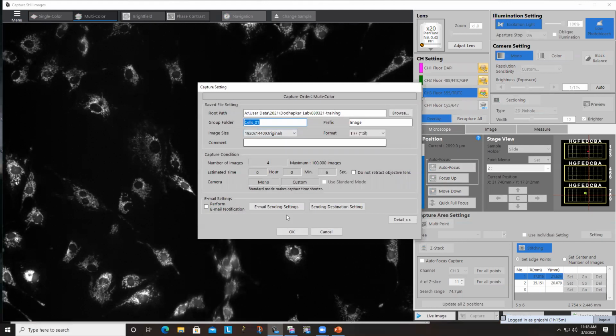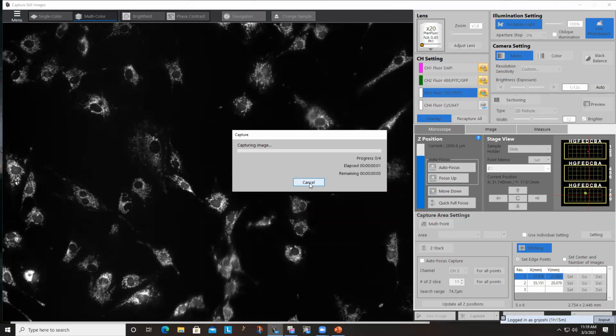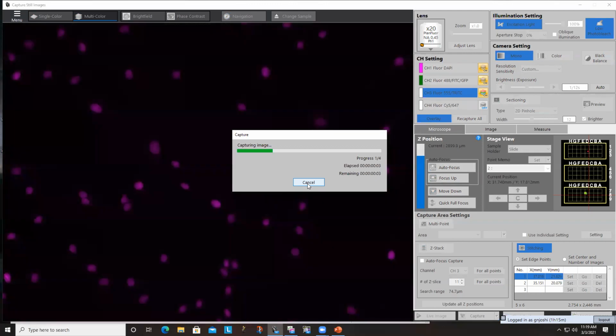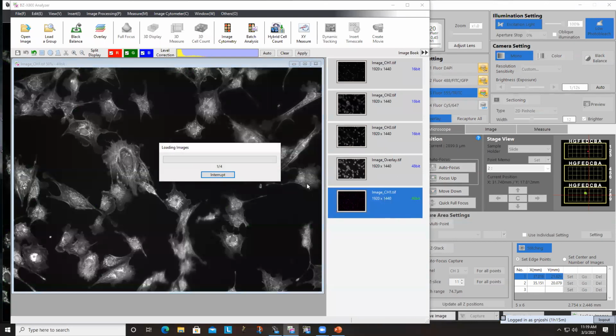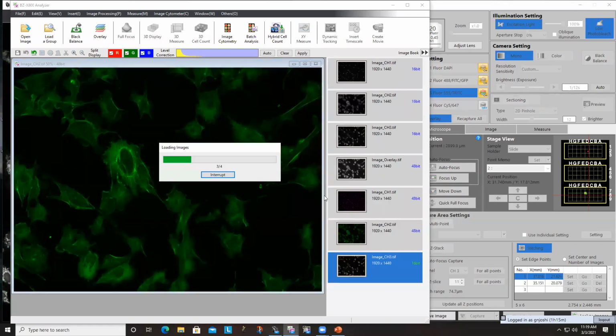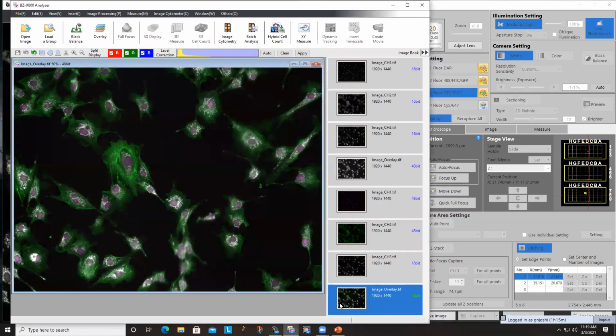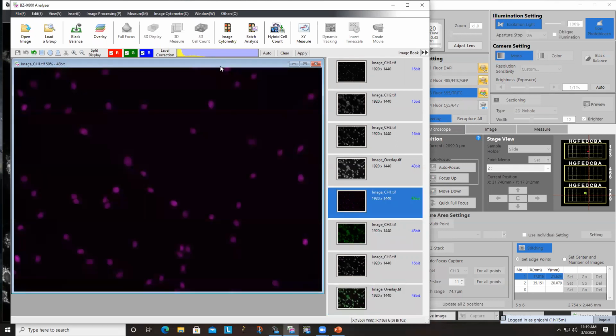It's going to capture these images, and it will give me an overlay of all the three images. So the thing is, this overlay is pretty good, except that what you will see is this one, that it saves